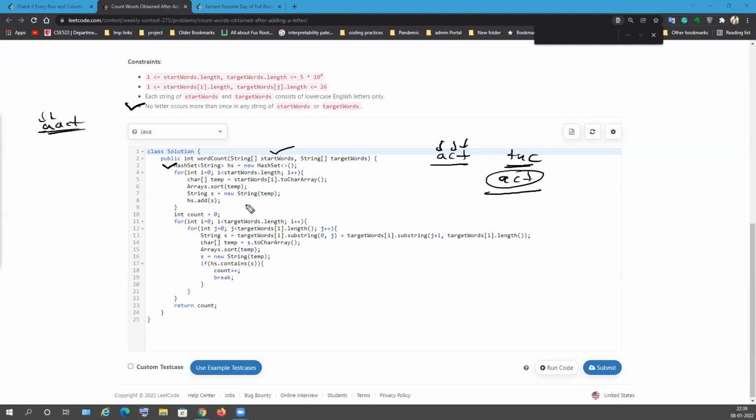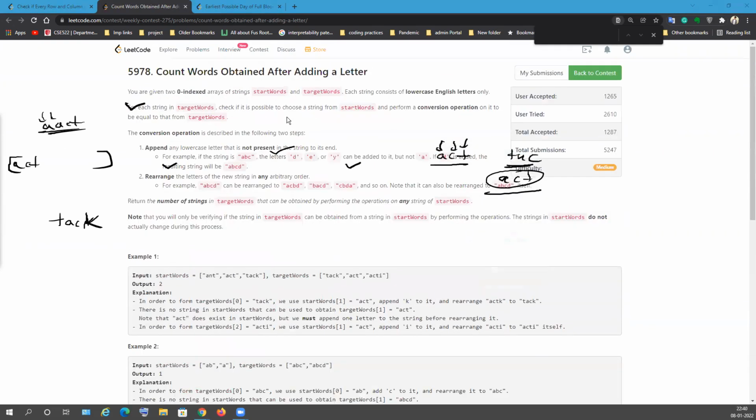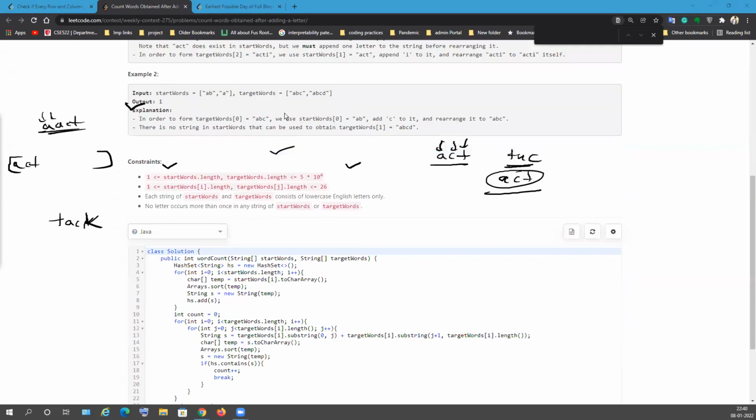Then to get our answer, I iterated through the target words. And now the main thing is coming. For example, the target word is tech. We have already maintained our hash set. Let me take that example of ant, act, and tech.